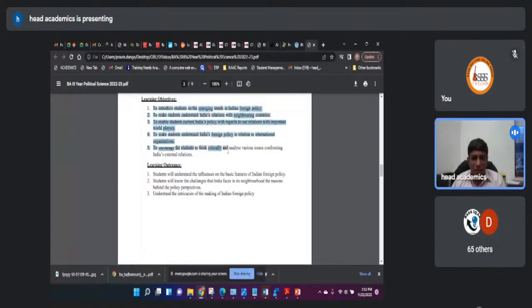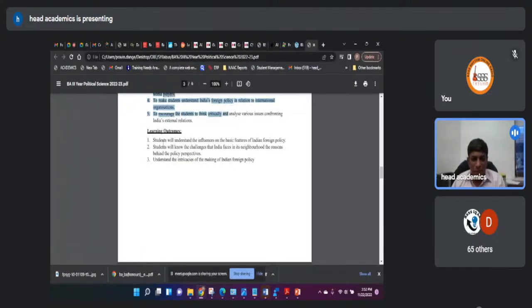So these are learning objectives. Let's not go into details of that. Learning outcomes, right? There are three outcomes mentioned. Students will understand the influences on the basic features of foreign policy. So the term understand is a level and is an internal process that happens in the minds of students. So understanding means,